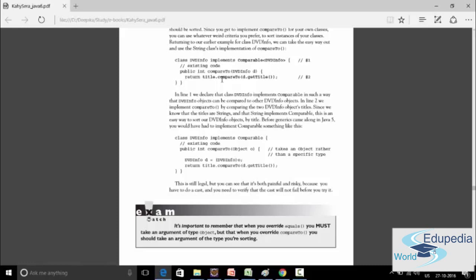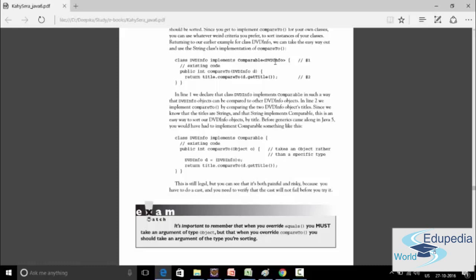Then, how do we want to sort? We want to sort just by comparing the title. So we can simply compare the title. Again, you can see we are using title dot compareTo and then we are sending the dot getTitle. Okay, so in line 1 we have declared that class DVD info implements comparable in such a way that a DVD info object can be compared to another DVD info object.